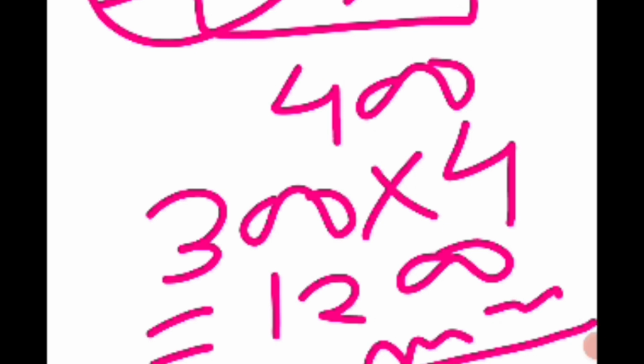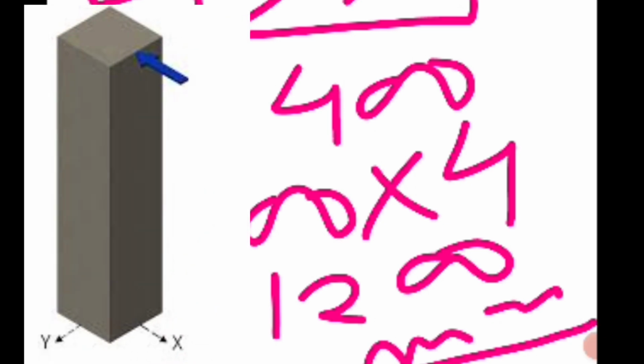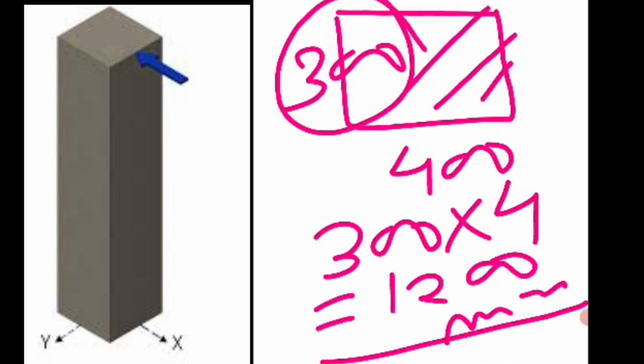So any column height less than 1.2 meter, you have to cast as plain concrete and you do not put any reinforcement inside it. So any column height restricted within 4 times the least lateral dimension of the column, you have to put only